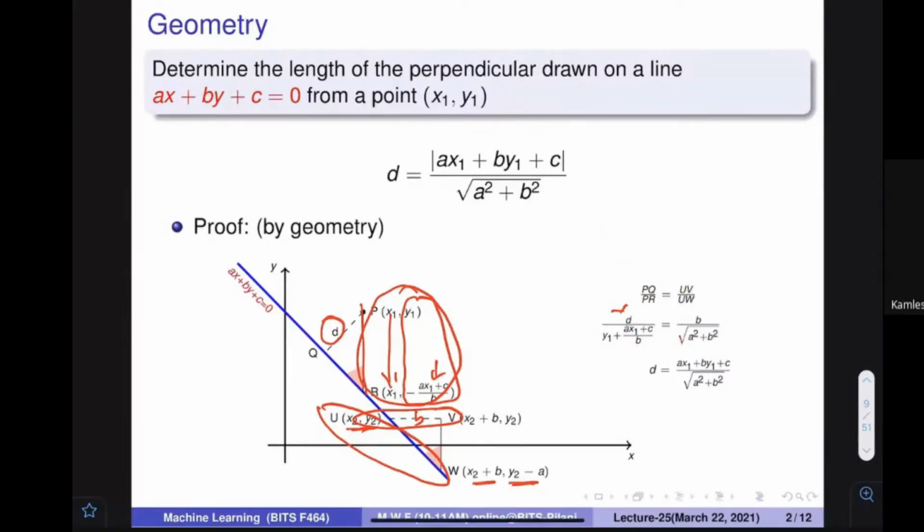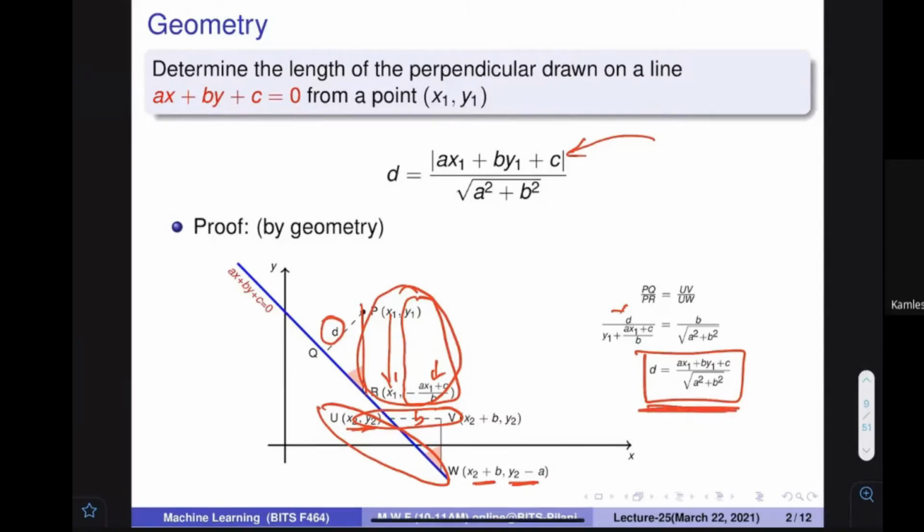By this you come up that d is equal to ax1 plus by1 plus c divided by this. So we put a mod over here because if this value comes out negative, there should not be any problem, because distances cannot be negative. So we put a mod over here. You also know that everywhere you can multiply with a constant and the equation remains the same. So that's why it's needed. Everybody is okay with this?